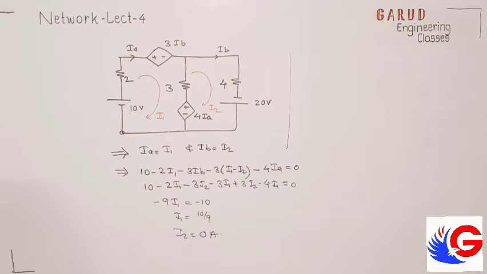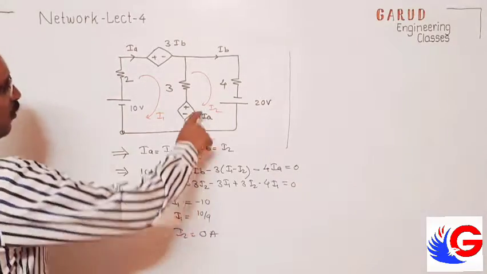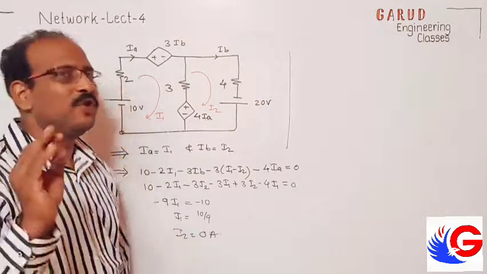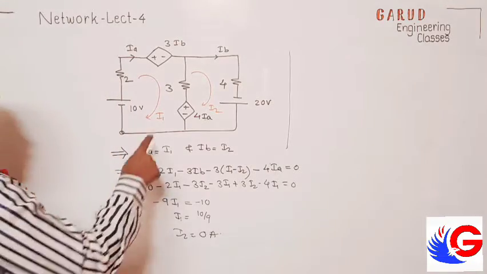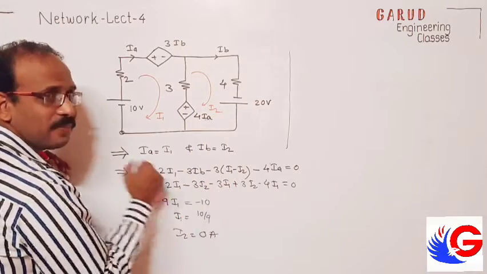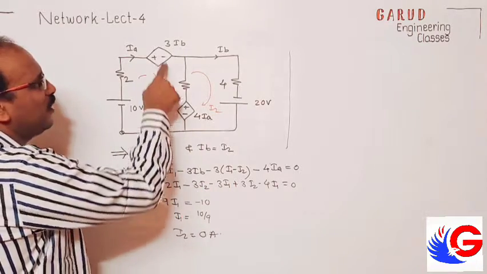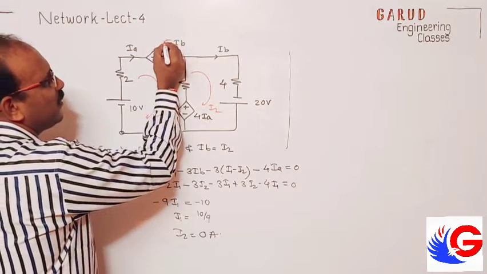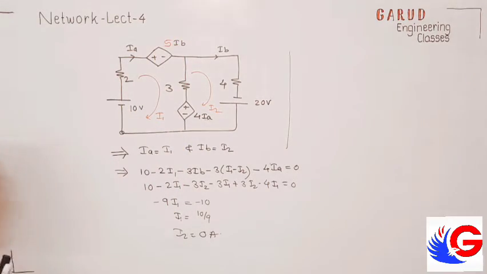Okay. Suppose this I2 is not cancelling. Then we have to write KVL for this. Suppose I do a slight modification for the second problem. What happens here? I consider 3 ohm resistance and this is 3 IB. So it is getting cancelled, no? So suppose I change the value of this or the value of this, and you treat this like a second problem. Okay? So that time what will happen? Check.